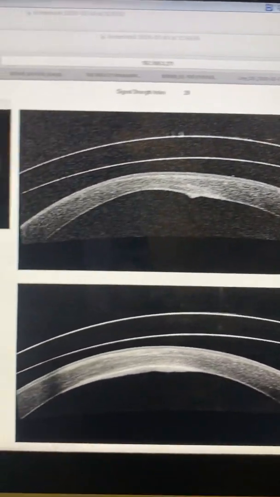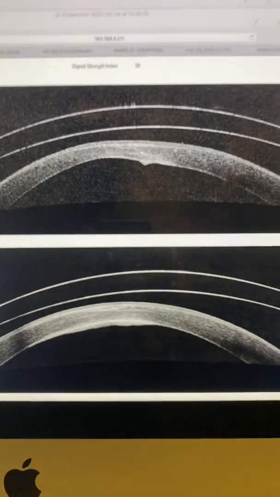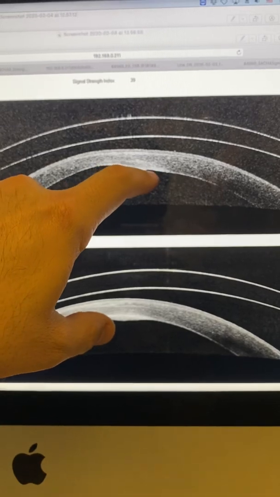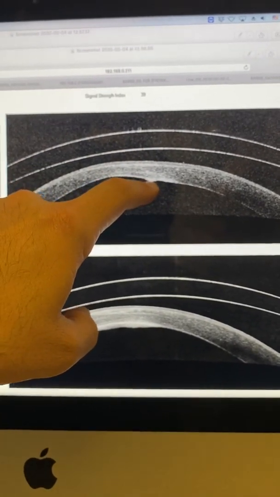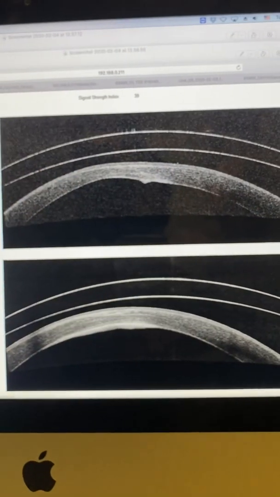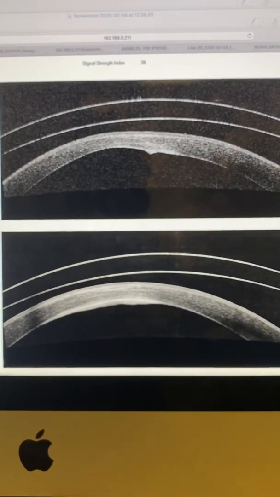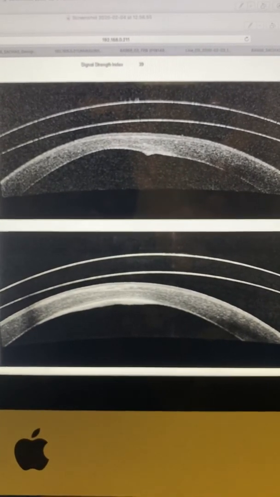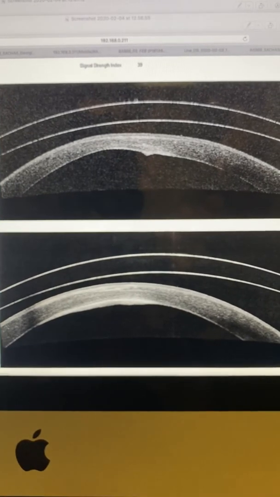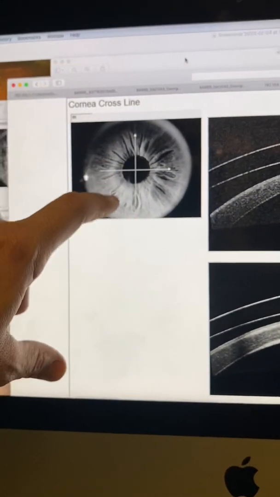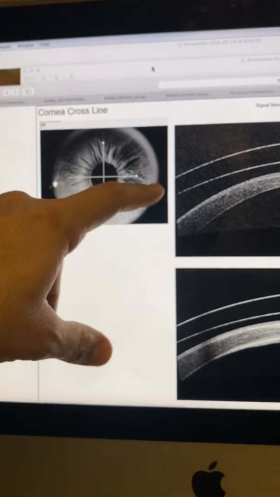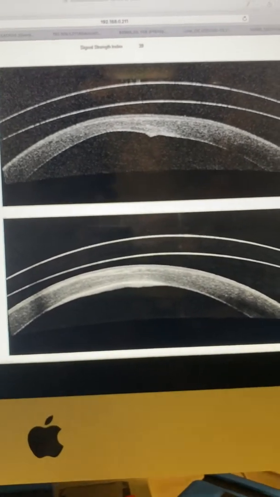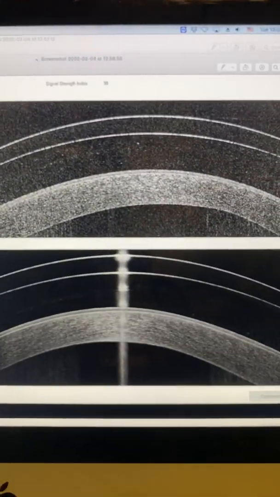We're going to click a little bit more to look at the fitting of the PROSE lens on the right eye. And here we have the opportunity to see very nicely that Descemet's split and the rolling, in cross-section now, of Descemet's onto itself, and how the lens sits very nicely over the cornea and gives the patient relatively good everyday function. He's functioning at 20/60, 20/50 level, even with the PROSE lenses, and these are the cross sections that we're seeing. You can see that in the horizontal cross section, it captures all the scarring from the Descemet's split and roll. And again, the same images on the left eye,